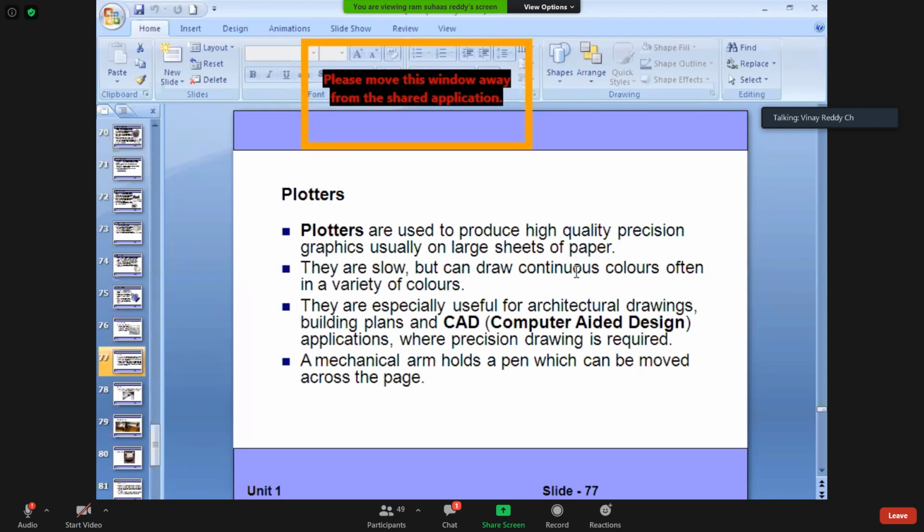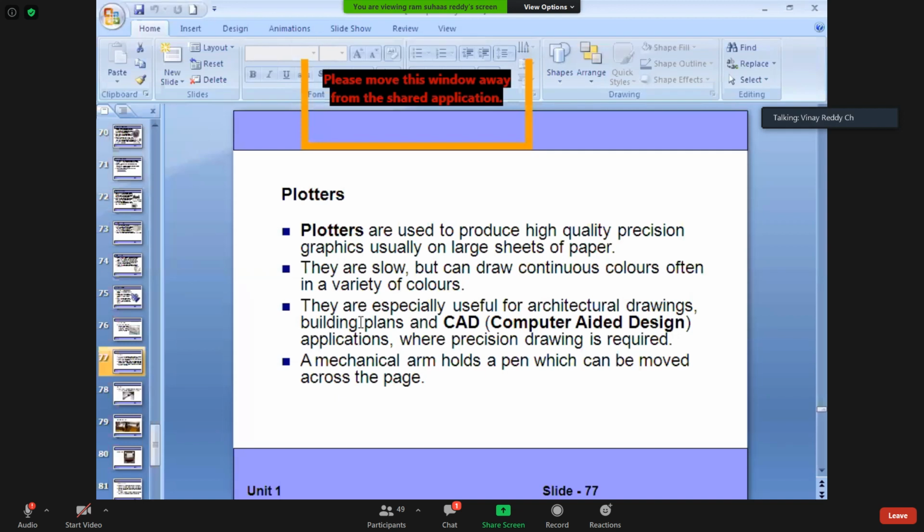The drawing paper will be room size. That much bigger size is not possible in our normal printer. So in this case, we will use plotters. They are very slow. This is because it has to print the entire sheet, na? But it can draw continuous colors, often a variety of colors.